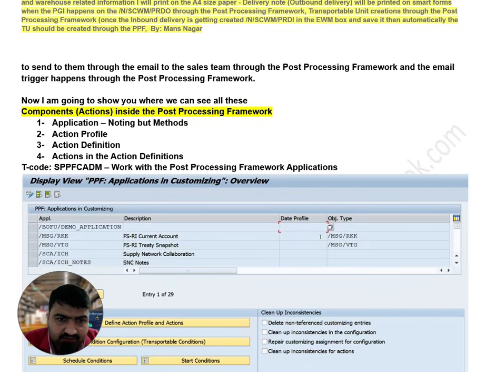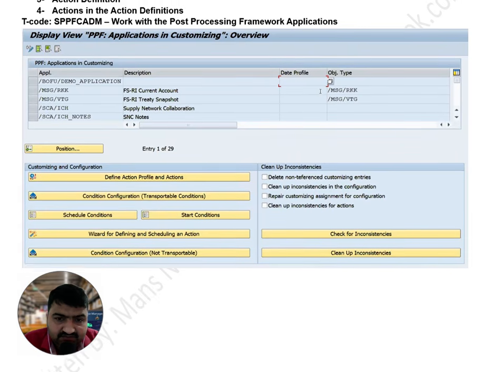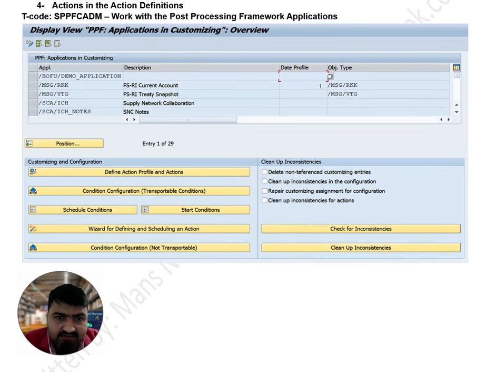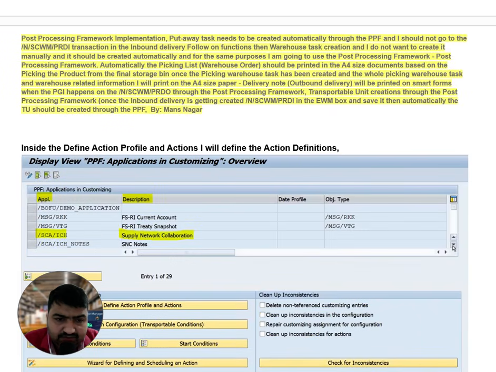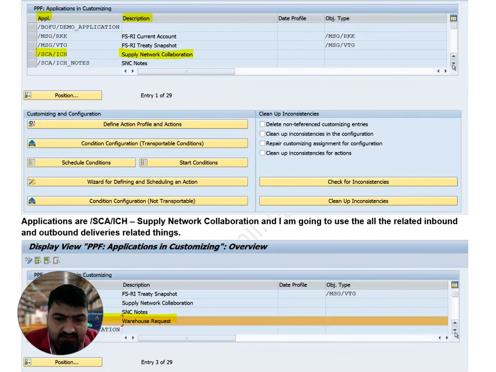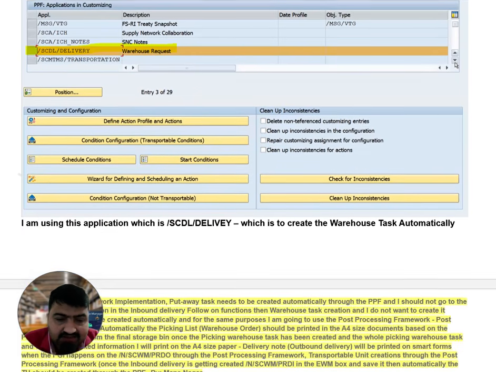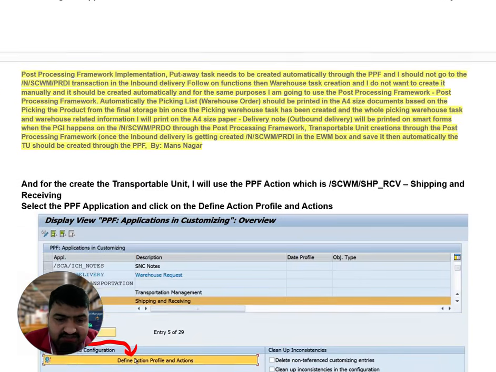Now I'm going to show you where we can use these components inside the post processing framework: applications, methods, action profile, action definition. SPPFCADM is the transaction to work with the post processing framework. This is the screen to work with it. In all my own written books, I have explanations like this.